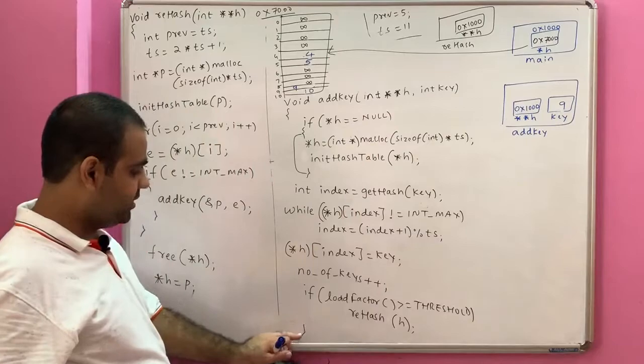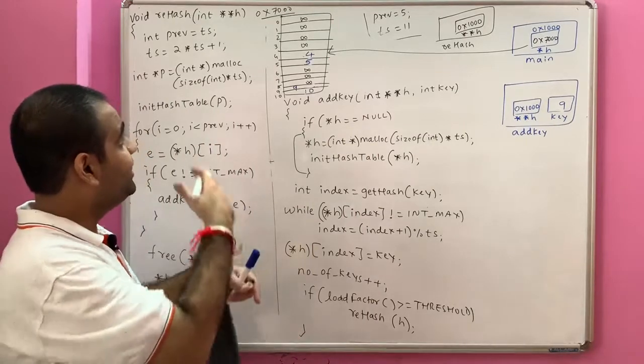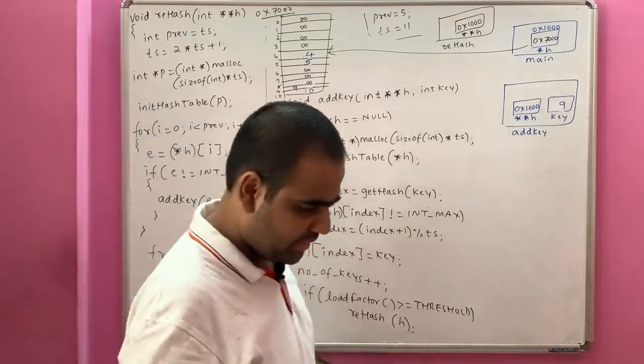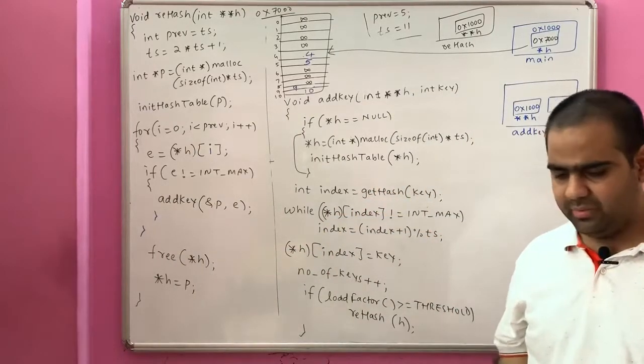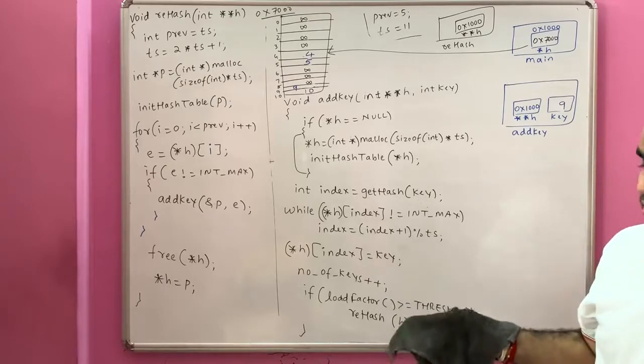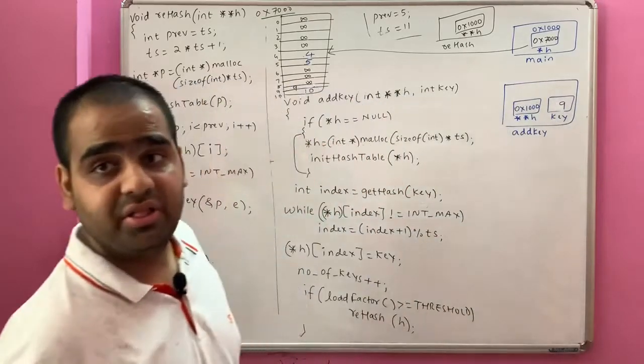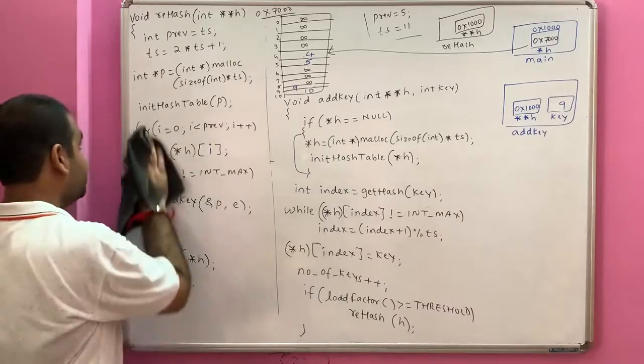Closing bracket is taken as written, and you see that each and everything is being rehashed. This is how we rehash the table. That's very, very important. Please pause the video and make a note of it. Now let's see case 2.